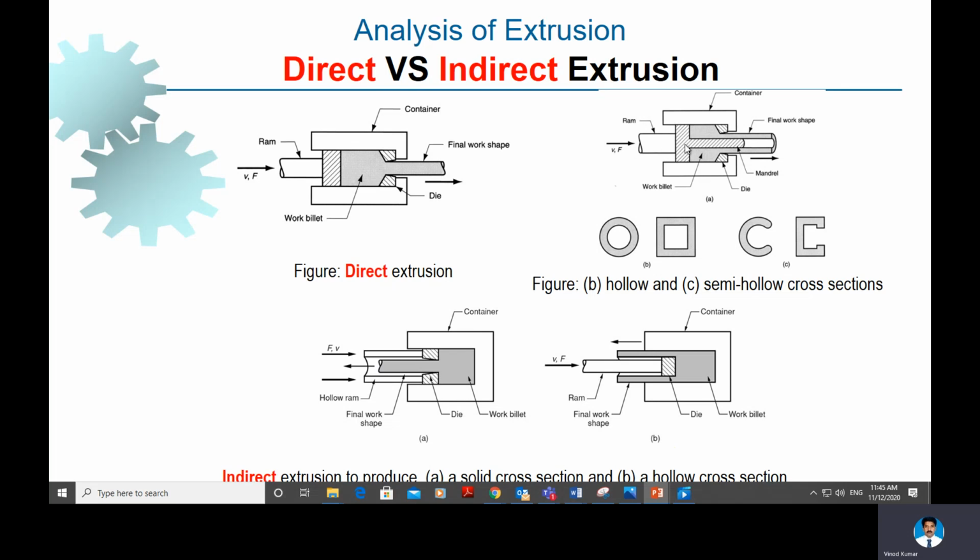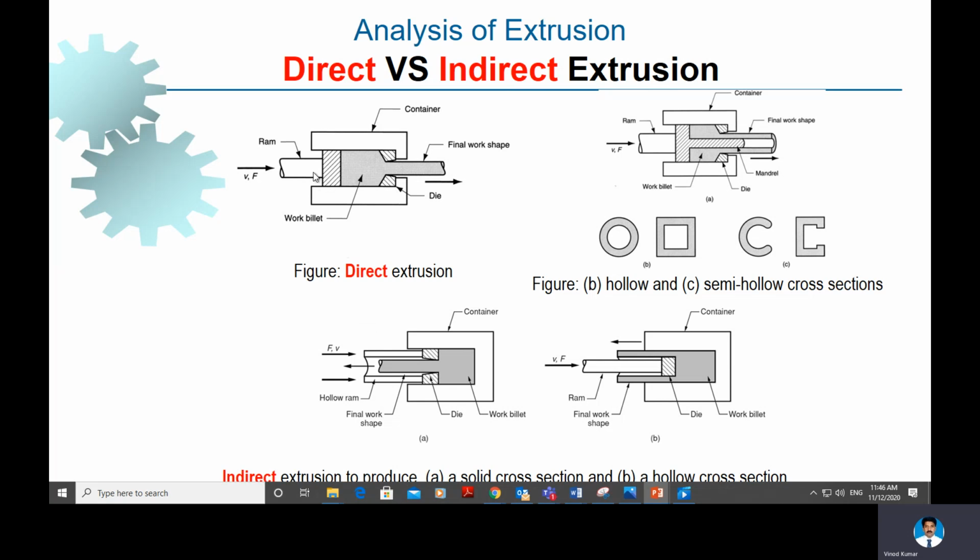This is a direct extrusion process by which we can produce hollow tubes, like circular, rectangular, or channel shaped tubes. So in here, a mandrel is attached with the ram, and this will produce hollow sections. Similarly, here you can see this is for producing solid rods, and this is for producing hollow tubes. So this is basically the difference between direct and indirect, and the main difference is, as you can see